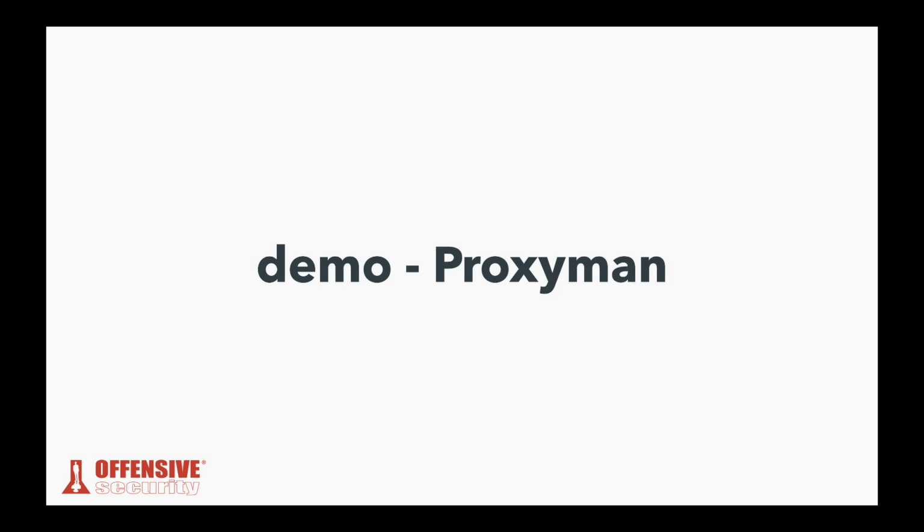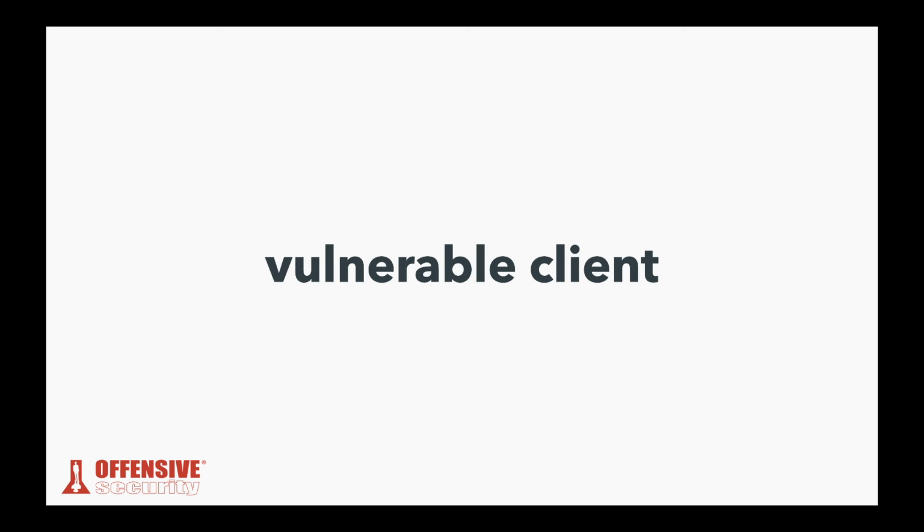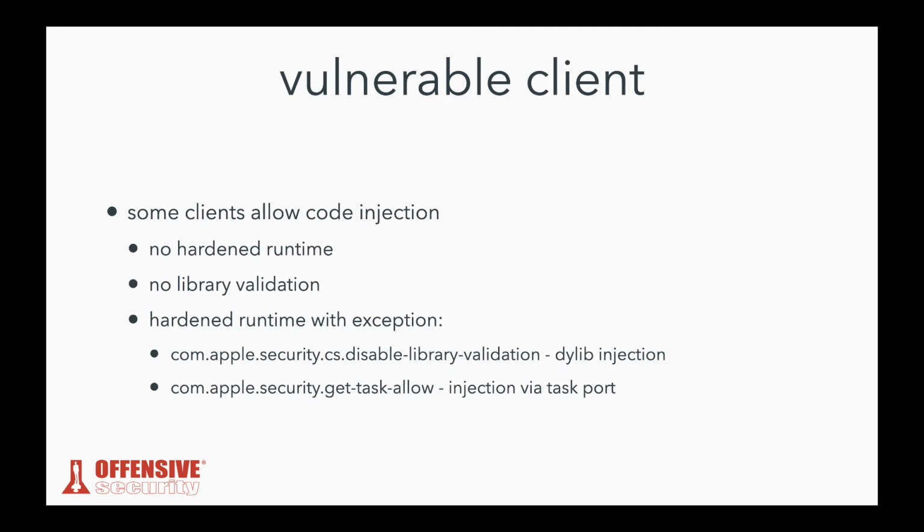So moving on, vulnerable client. Let's say the XPC service properly validates the client, which is many times not the case, as we will see, but let's say it does it. If our client is vulnerable to code injection, then it's worthless. So when can we do code injection on an application? When there is no hardened runtime set and no library validation set. If these two are not set, you can just inject any dylib into the application